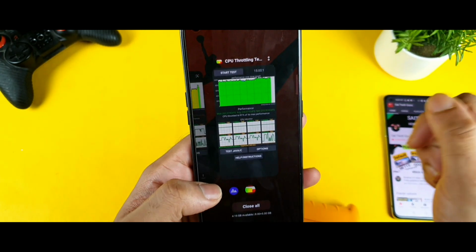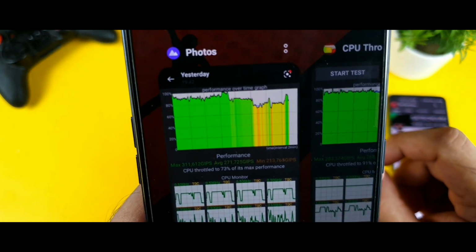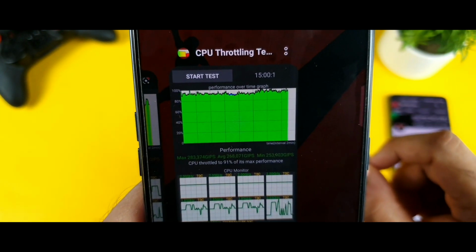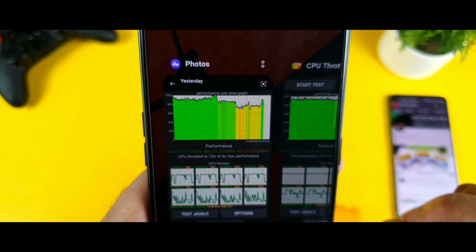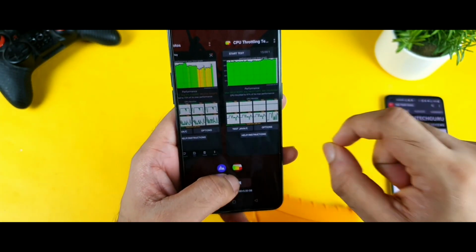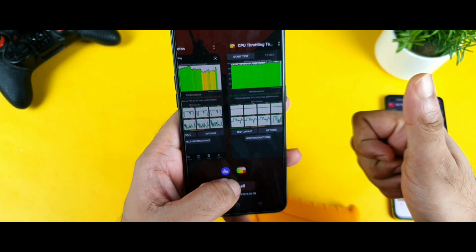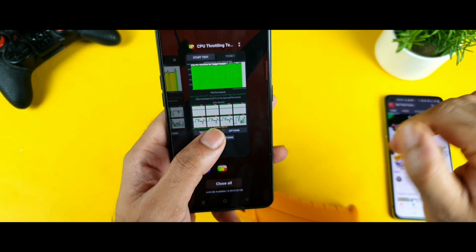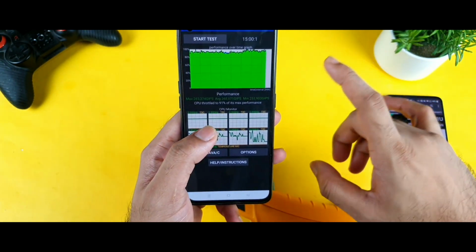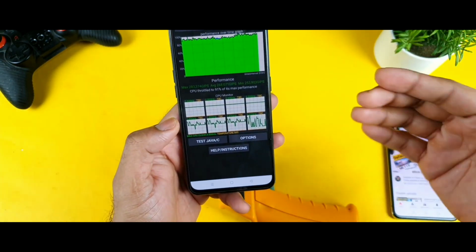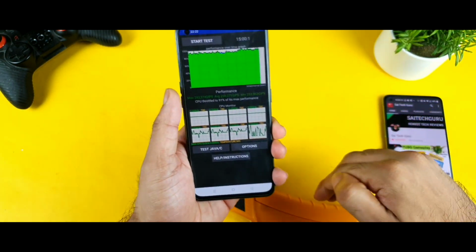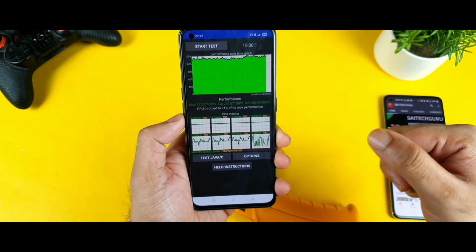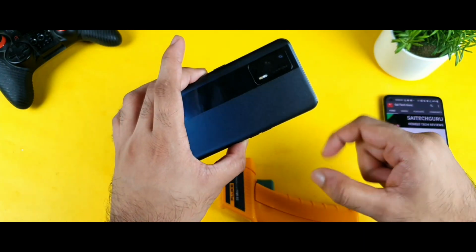As you can see, friends, you can clearly compare before and now, how the graphs are. Definitely I can see a huge difference in terms of the throttling. That's really good in terms of keeping it stable, and the temperatures are also not increasing higher in this kind of mode if you use all these extra benefits while you game as well. So thank you for watching this video, friends. This is a quick review on the Realme X1 Max using this kind of mode.